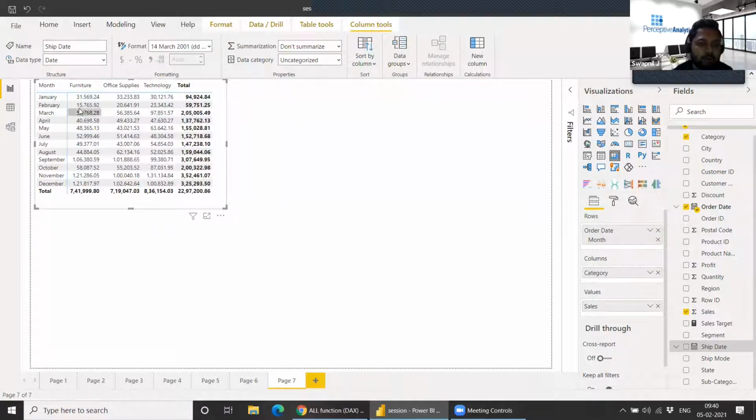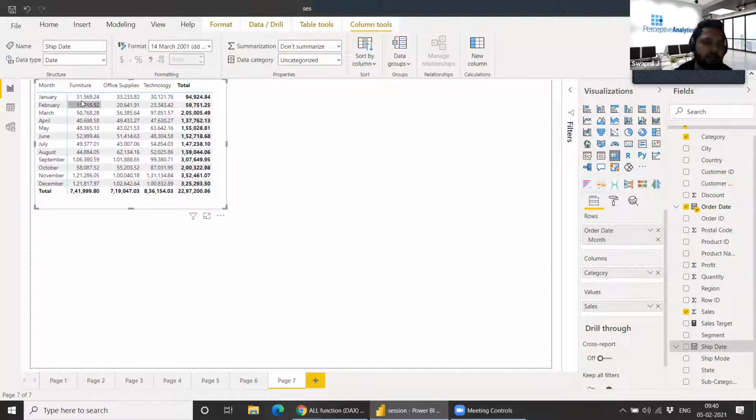Currently I'm showing just the sales. Now if I want to see the percentage of sales, meaning what percent this amount is, and I use a normal divide function, it will filter my denominator as well, so everything would be 100%.